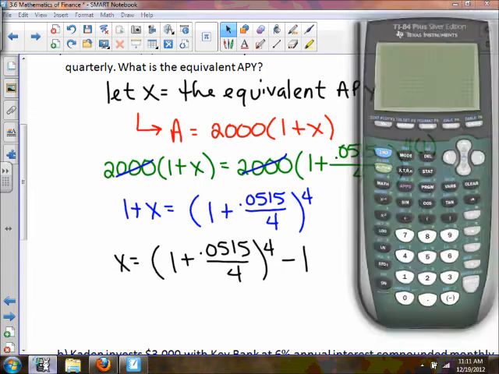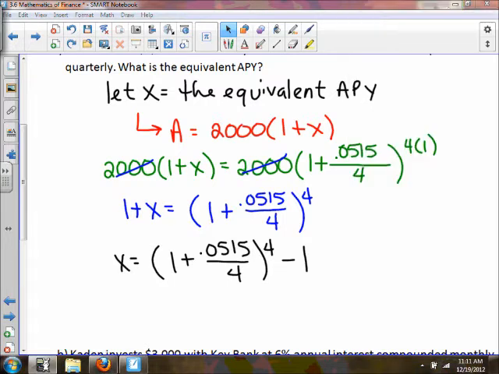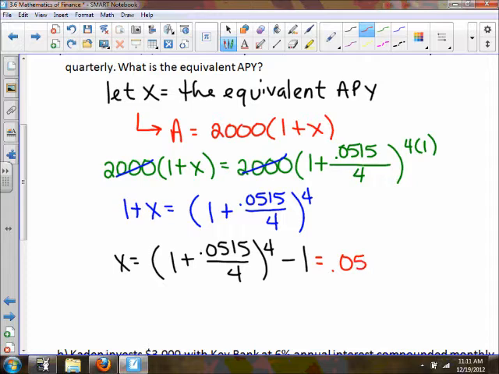Now we're going to put that into our calculator. We get about 0.0525 or 5.25%